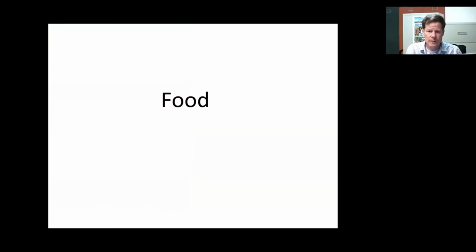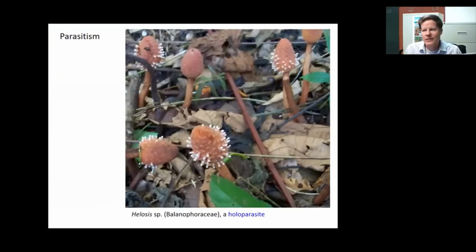Let's talk about food. Well, you're probably again thinking, what's the deal? Plants are green, they make their own food. Well, that's the case for most of them. But I wanted to present a couple of alternative adaptations for food. So this is a parasite. This is a flowering plant that is non-green. It's a holoparasite, meaning entirely parasitic. This genus Hylosis attaches directly to the roots of rainforest trees, and it derives its nutrition. In other words, it takes sugars from the trees, from their roots, and that allows this plant to survive